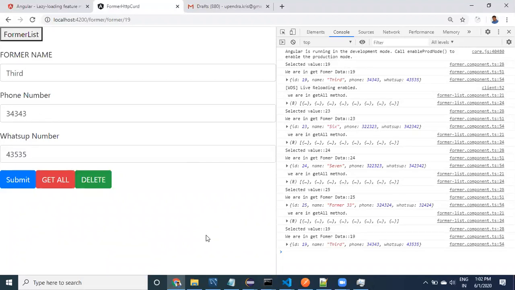Got it? I'm not asking you to understand everything. I didn't even expect that after this class you understood everything. But my expectation is, it's a demo. You have to take this code and come up with some queries, analyze it and understand it. After understanding whatever concepts we have discussed in this session, you have to understand it clearly by looking at this code that I'm going to share with you immediately after the session. That is my expectation.